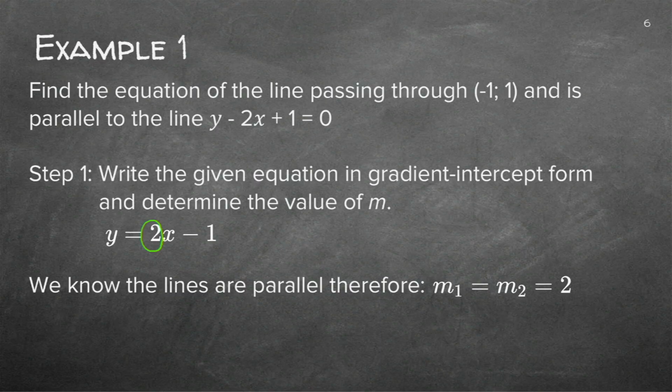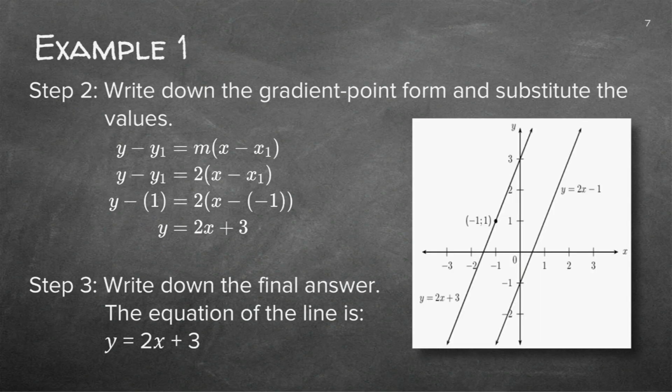I need only the m. So that minus 1, I'm not even looking at. Many pupils make a mistake and they use the same minus 1 for the next equation. I just need the m so that I can tell the m's are equal. They're both 2. And then if I substitute it in there, there is your formula and there's your final answer. Good. You do not even have to write this whole sentence here. When you get there, you have got your answer and you can just leave it at that.